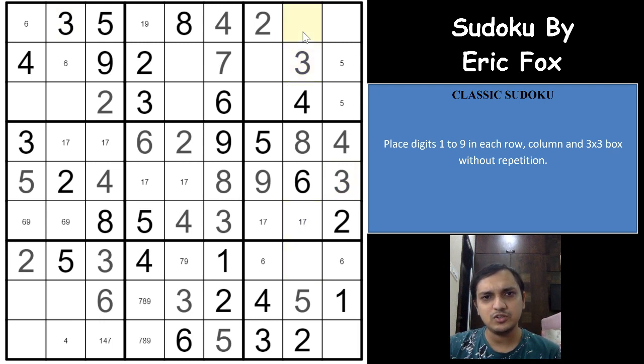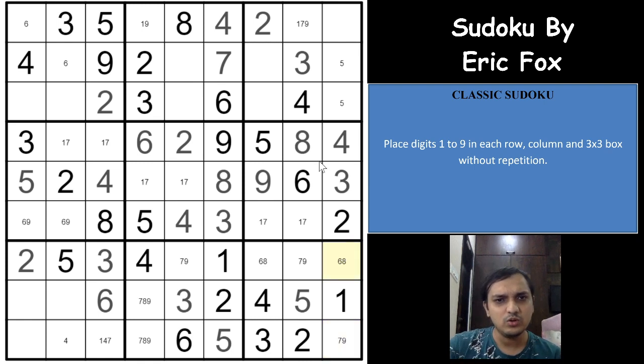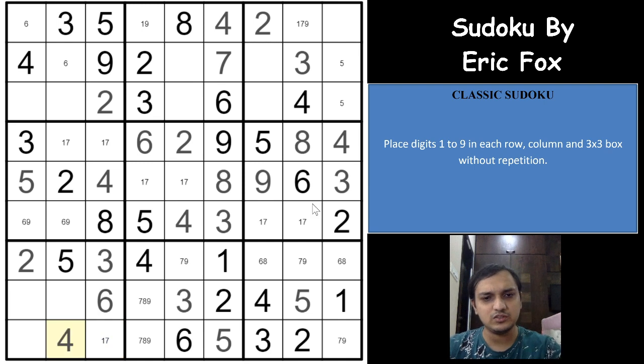And the 3 digits remaining are 1, 7 and 9, right? So because of the 1, we can mark a 7 and 9 here, and 1, 7 and 9. And because of the 7 9 pair, we can mark the remaining 6 8 pair, and this has to be again 7 and 9. Excellent. Great Sudoku till now. And because of the 4 here we can eliminate 4 from here, and a 4 in this box will have to be only this cell.